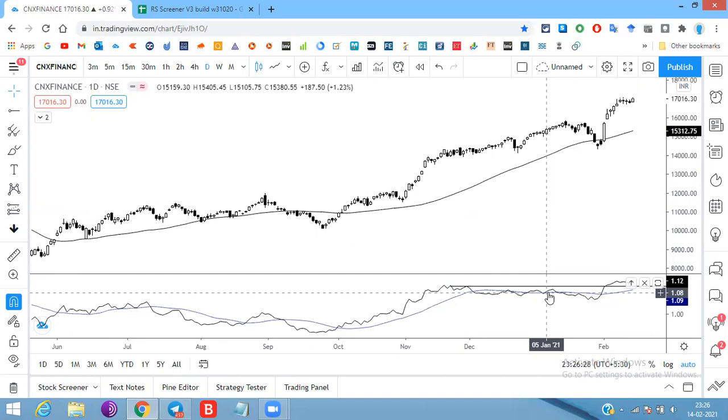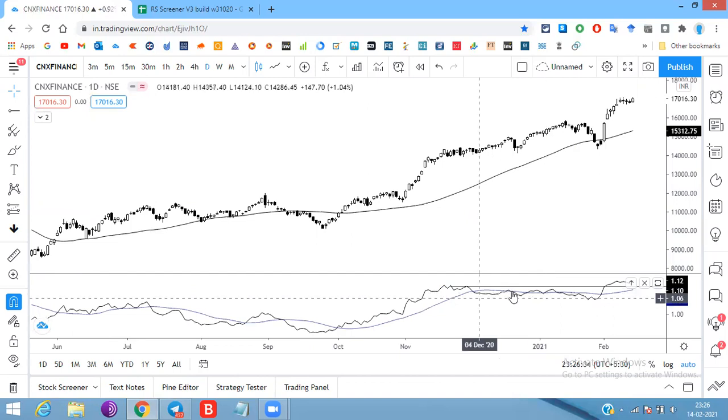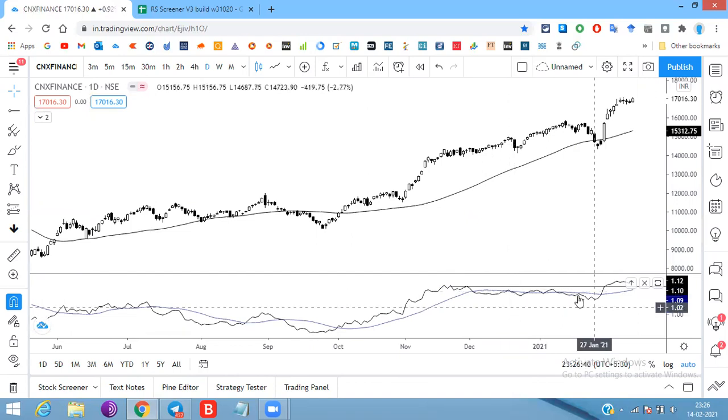As such I don't strictly follow mean reversion theories, but okay, we can say that there was a mean reversion, or else my concept of mean reversion can also be wrong. But then we can say after this it crossed the 20 SMA level, and it also broke out from its previous high. So right now Nifty Financial Services is good for trading. Whichever stock is there, we can use for swing trading as such.